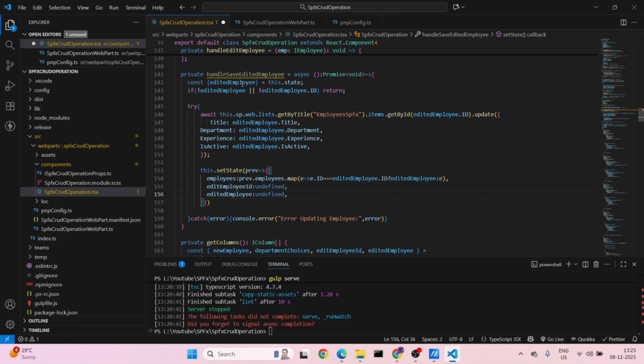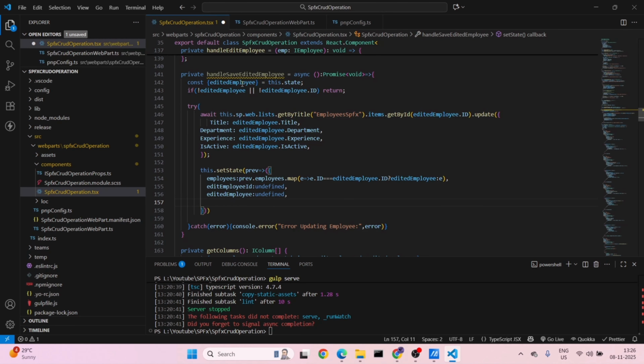Once it is done, when we save it, again the edited employee should be undefined, means the previous data shouldn't be selected. It should go, we'll remove that ID from it, or we will remove the edited data from it. So after that, what we will do, once it is removed and everything happened, once we edit the data, we'll do the success message and